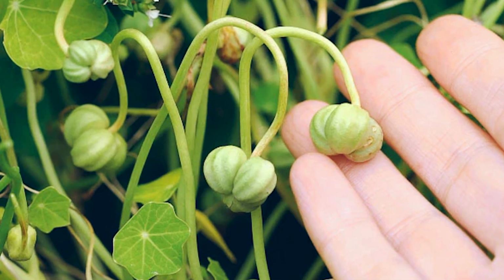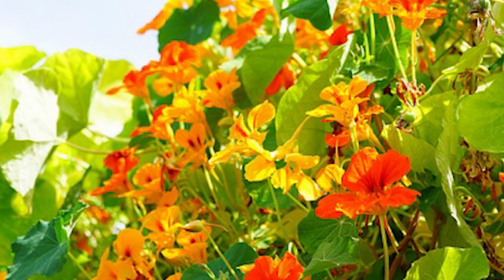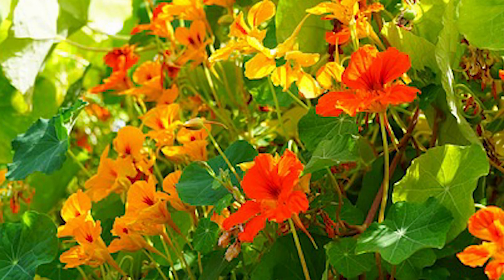As I mentioned, the seed pods can also be pickled and can be used just like you would use capers. Not only are they an excellent plant that is edible, but they are also a great trap crop and can be used in companion planting with a lot of your vegetables. They draw out aphids and other garden pests from your valuable vegetables like beans, broccoli, cabbage, cucumber, kale, melon, and